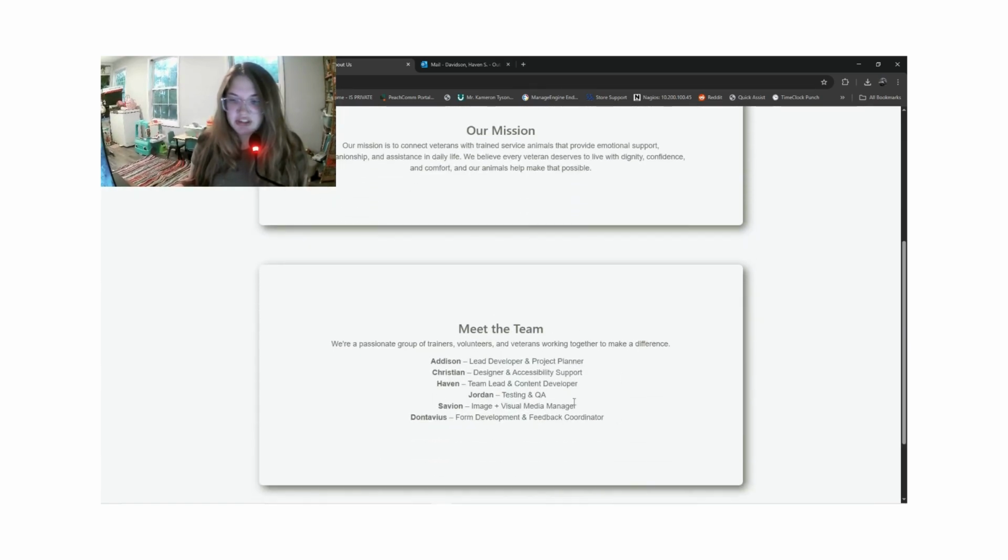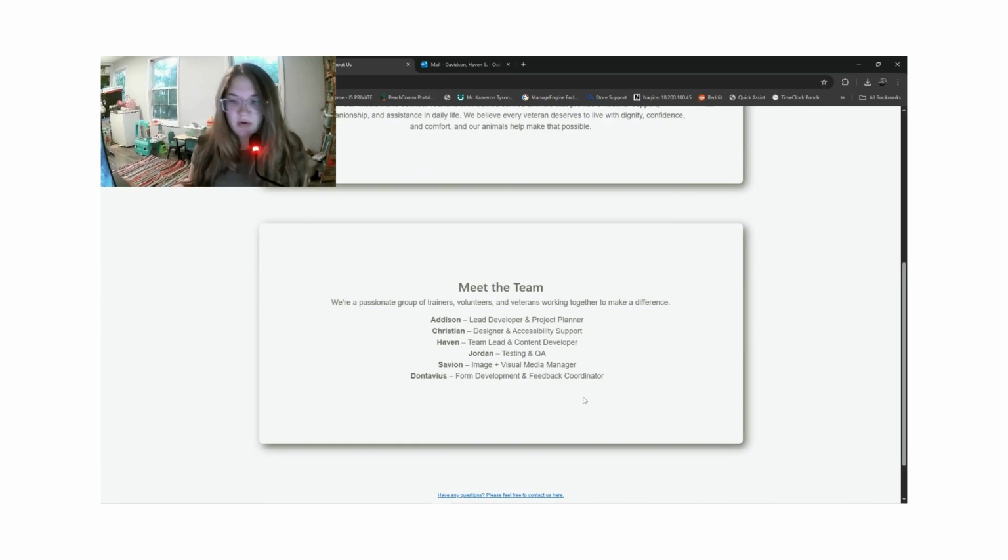Below, there's a section for team information. We don't have real bios yet, but this is where you'd see photos. This is where you'd see the roles of the people who make the nonprofit run, like their trainers, funders, lead development, designers, team leaders, testing, and